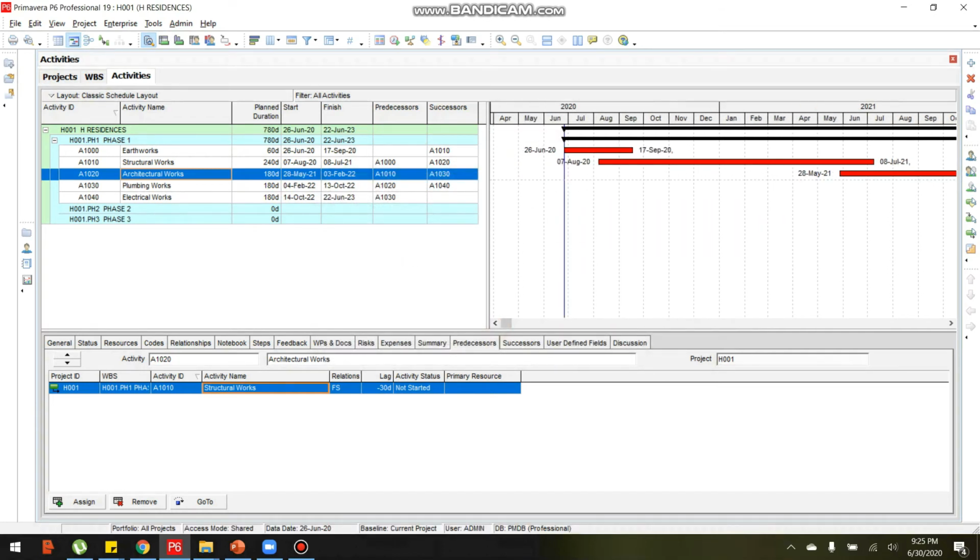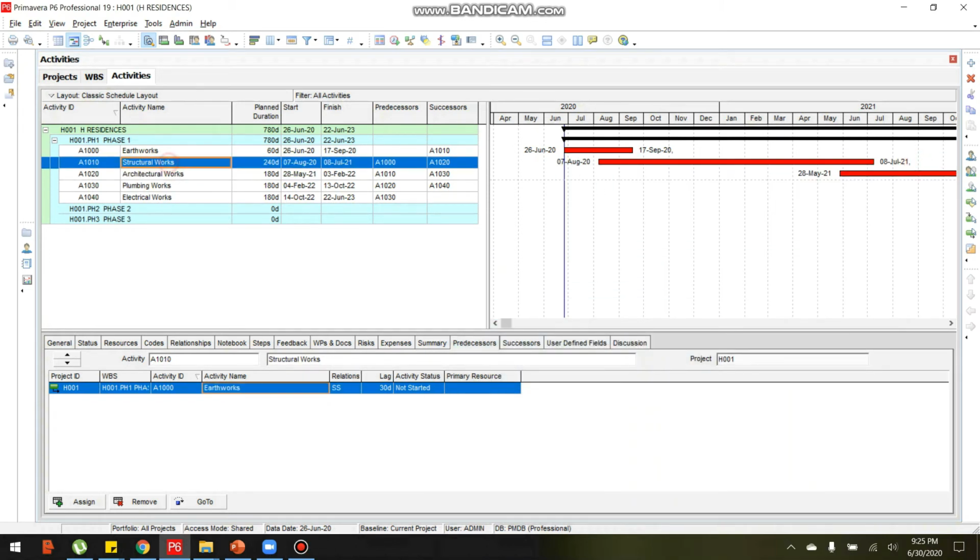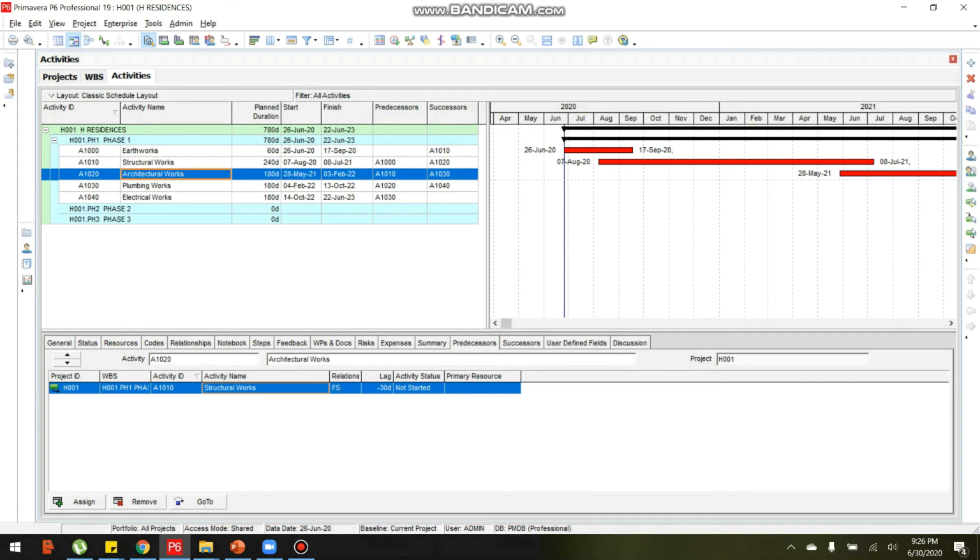As you can see again, the relationship of earthworks to architectural work is finish to start, or FS, with 30 days lag. But I believe there are some architectural works that can be fabricated off-site, so the 30 days lag negative is,